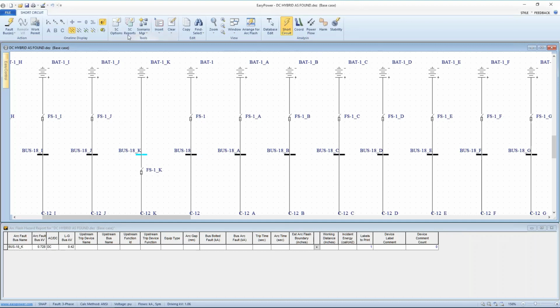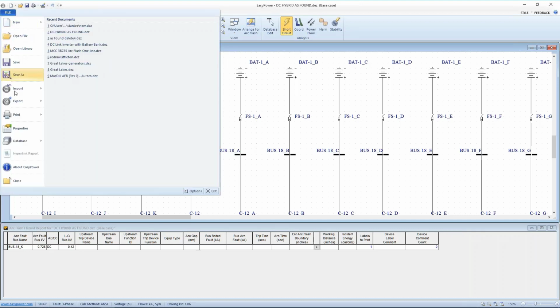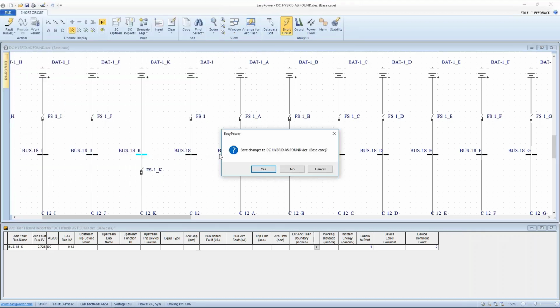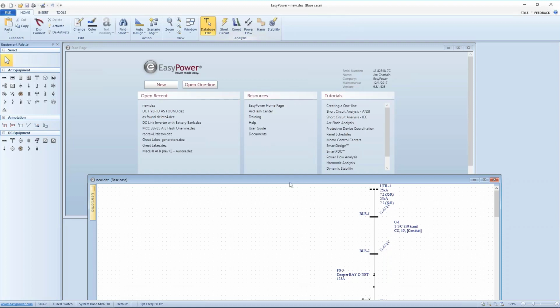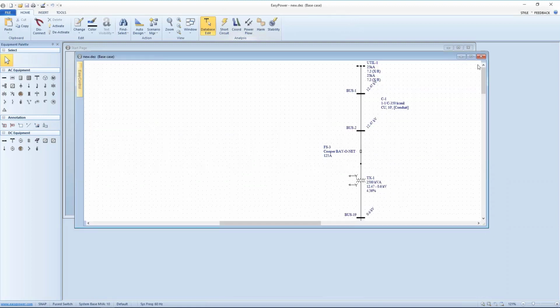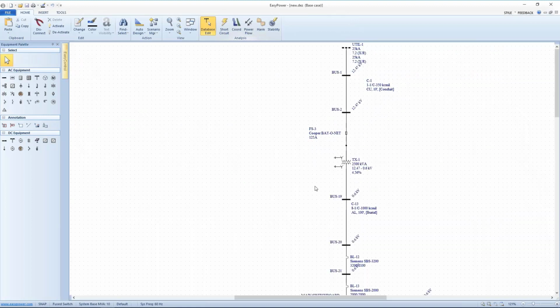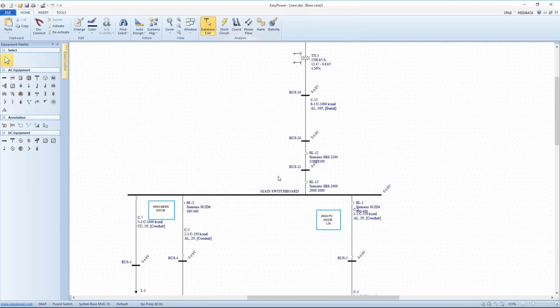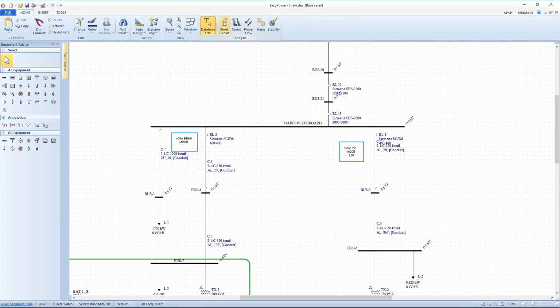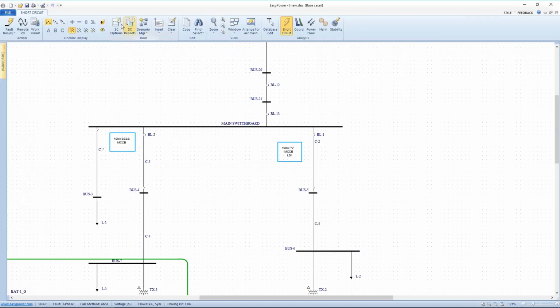Okay, so at this point I decided I needed to redraw the whole one line, and at the very least move the fuses to the other side of that bus. And so that brought me to a drawing that looks something like this. Pretty much the same elements. The difference being, when I go into short circuit focus,